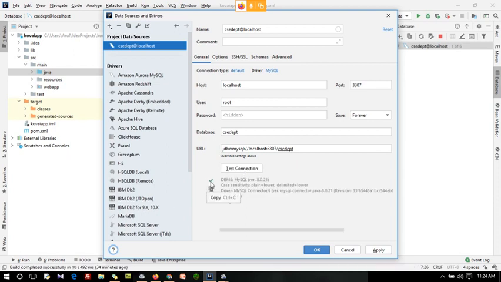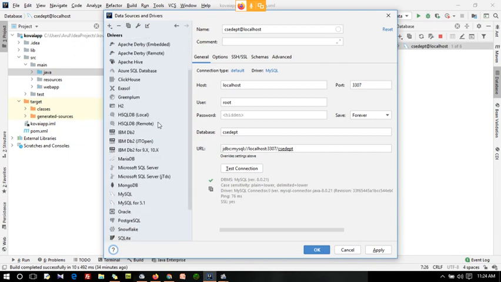If you get this green tick here, my database is successfully connected to my WAMP server, and it is saved here, guys. If you are having any problem in connectivity, the first thing is you want to check in